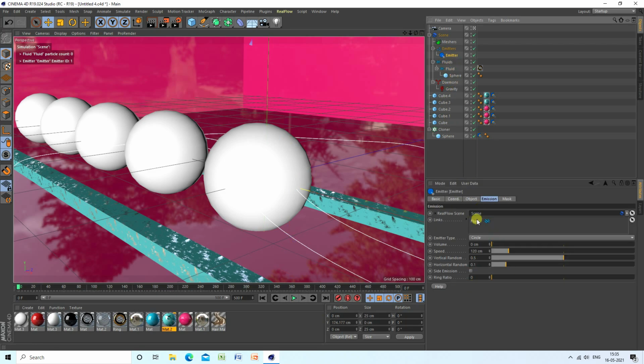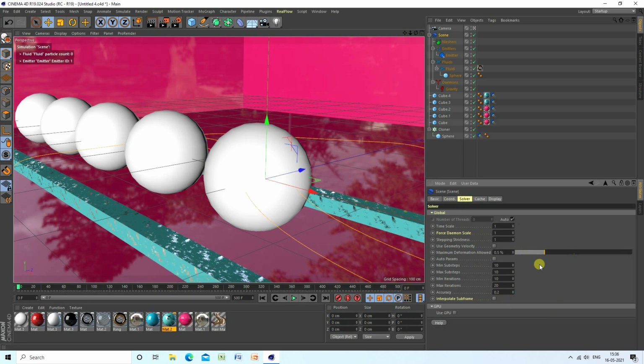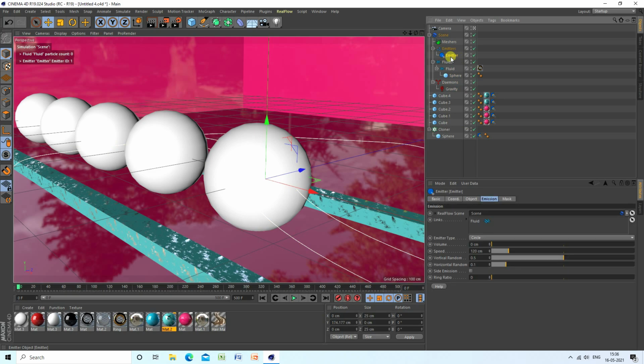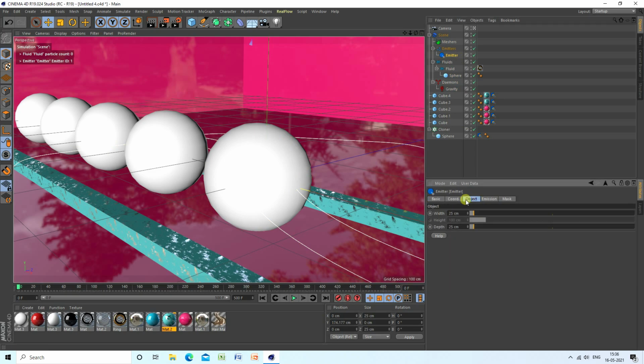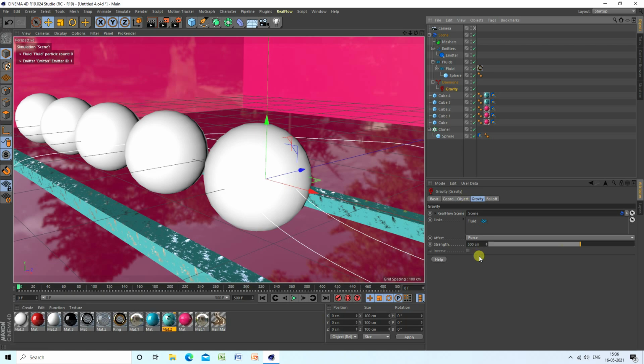Okay, so parameter is good. And now guys, I go to screen and auto parameters uncheck, and guys, all take 10 and subtract 10. See guys, that's my real flow setting, right? So go to solver, that's my setting, and parameter speed 120, and that's my size, and go to flirt, only change resolution, and next one, that's my last one, gravity like 500 centimeter. That's it, guys. This is my all setting.